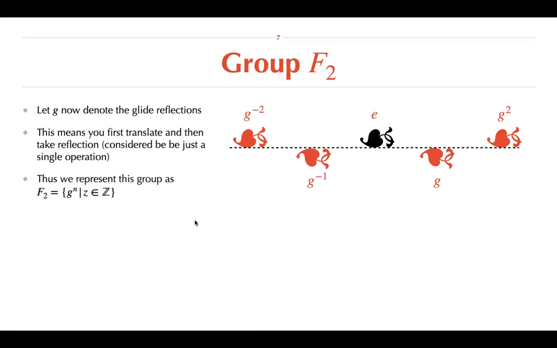So we will represent this group as F2. F2 is the name of the group, and this is how it's generated. So in group theory, we will say that this group and also the group F1 are generated by generators. So here G is the generator of the group F2. Okay. So this is just the basic language that we use in group theory. And also, so if you consider, Rahul bhai, yes,